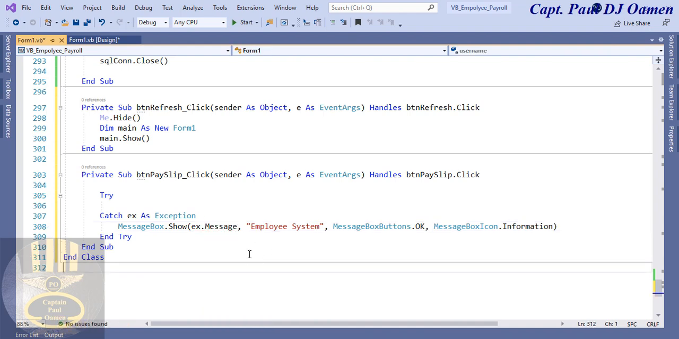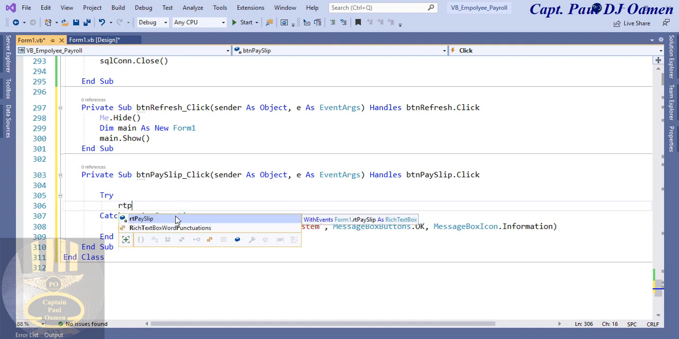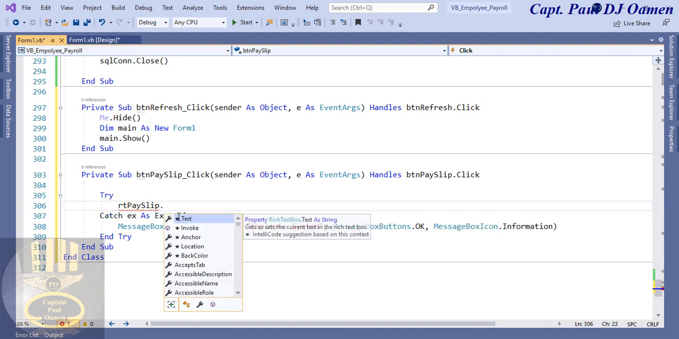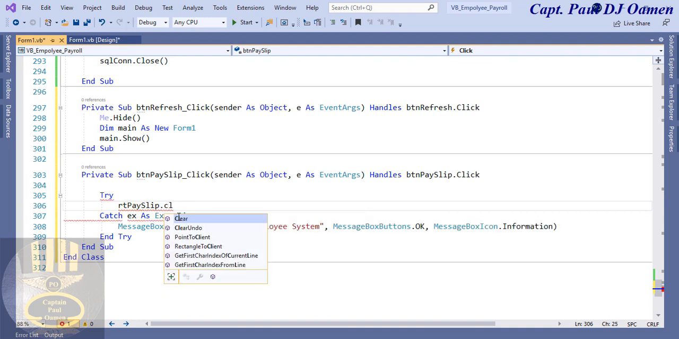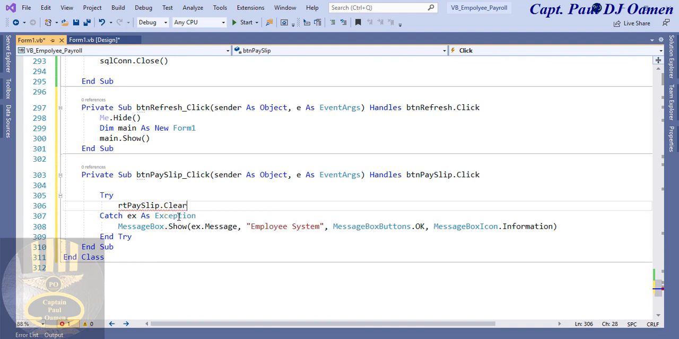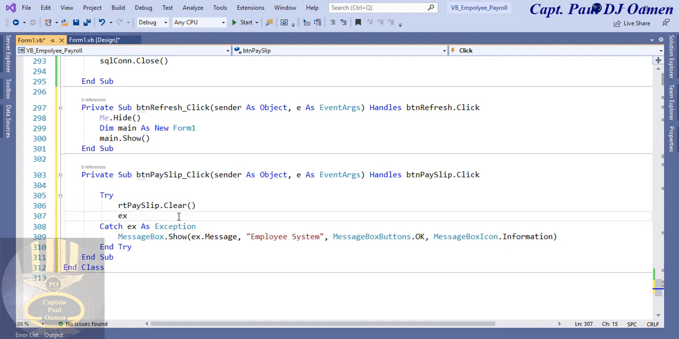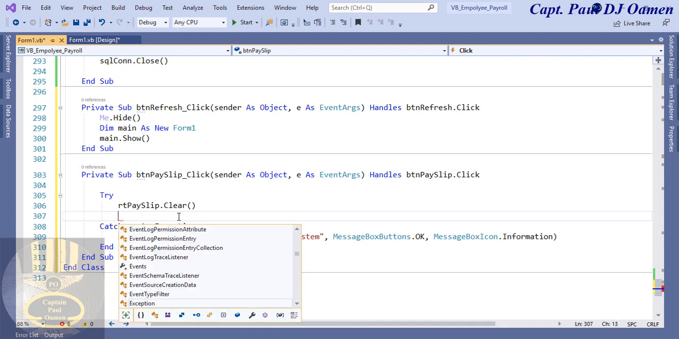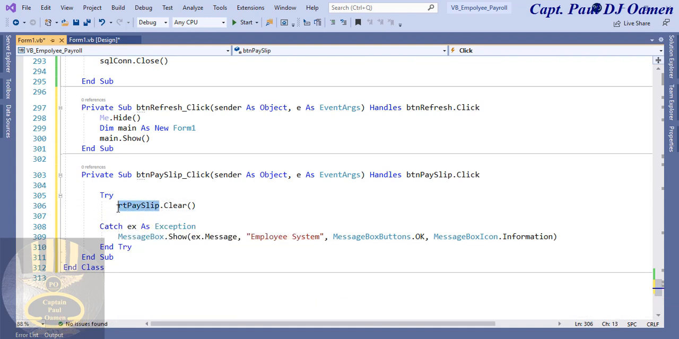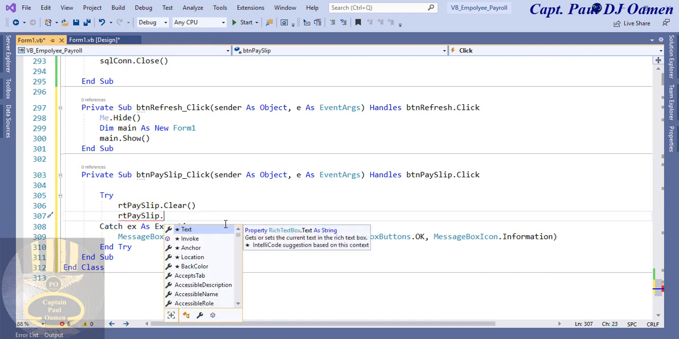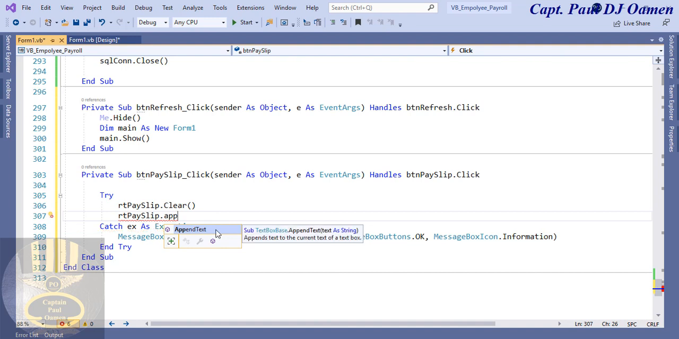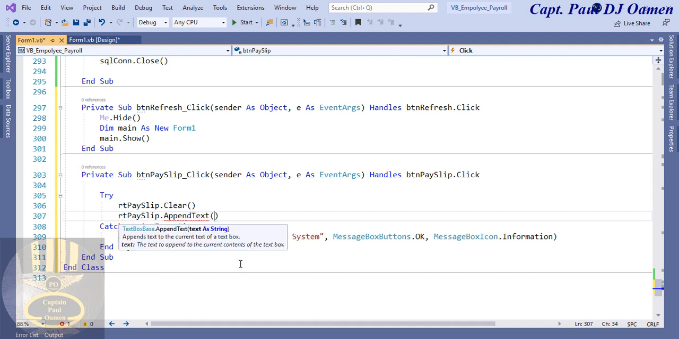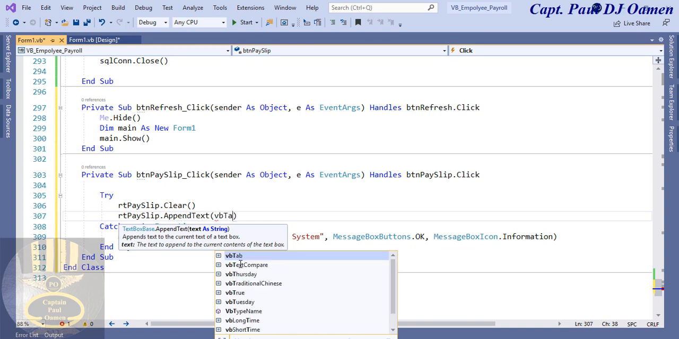There we go, that's my error message taken care of there. And in here, the first thing I'm going to say is rt payslip dot clear. So whatever we have in here, let's get it cleared first. Now rt payslip dot append, and what I want it to append is going to be, let's start with VB tab,